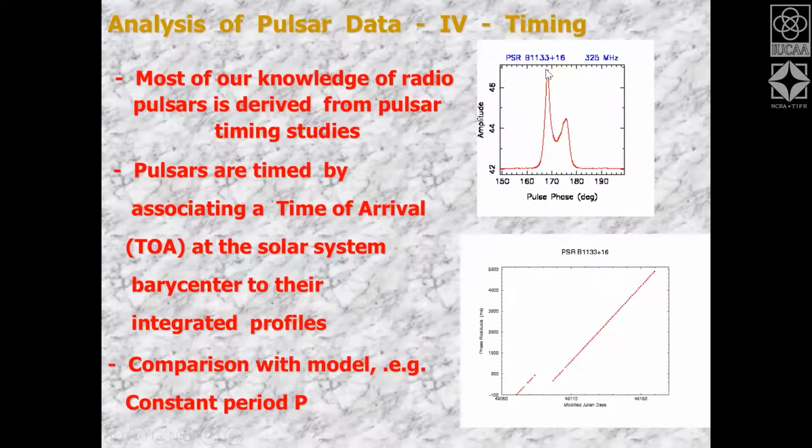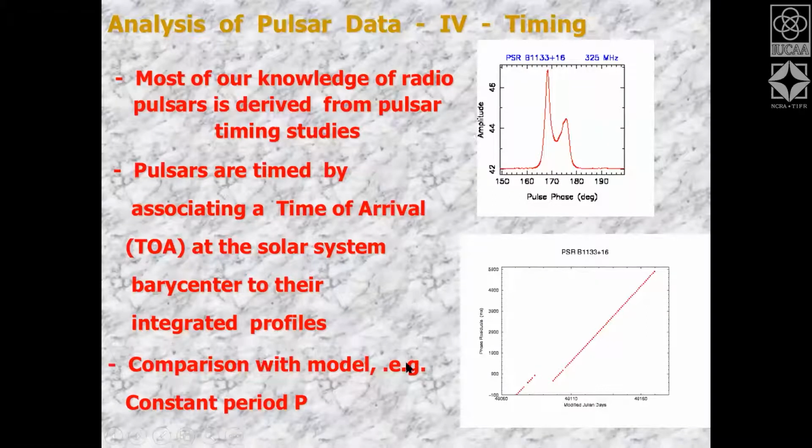Once you have found out the time of arrival of a given observation, you come back after, say, 1 day and observe the pulsar again and find out the time of arrival, and you keep doing this for several days, okay? And that is what is shown in this lower plot, where you have the x-axis in modified Julian days, and y-axis is the pulse phase residual, okay? So this time of arrival, what you get from the actual observation, is called the observed time of arrival.